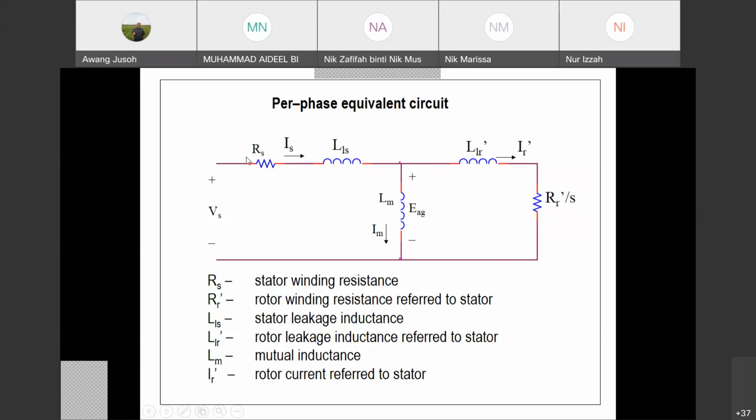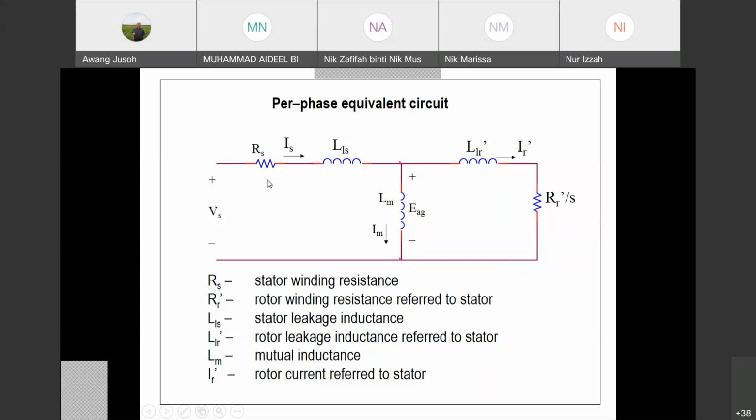Now, RS you just find using a multimeter. You remove the stator winding and check one by one. You can find the R1 easily. R1 is just the stator winding, so it's not so difficult. Use the multimeter only, set to ohm, then you can find the resistance R1. But the rest, L1S, L1R prime, or what you call L2, the LM, and RR or R2, you must do the experiment to know the parameters. So if you buy an induction motor and they do not provide the parameters, then definitely you need to do the experiment to find this circuit.